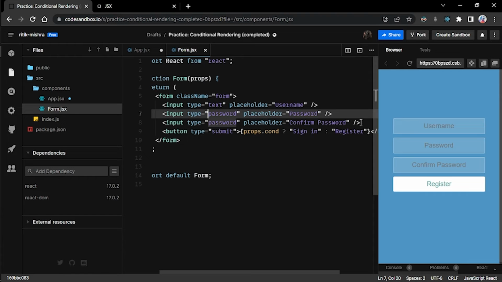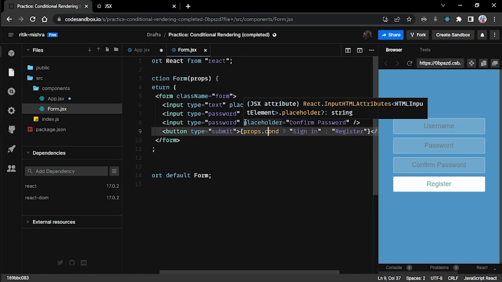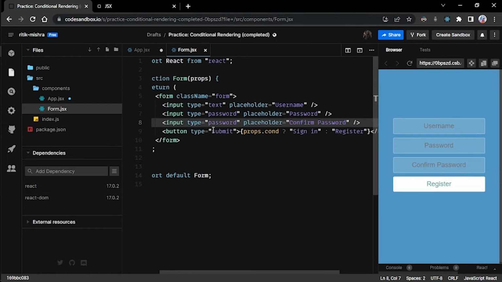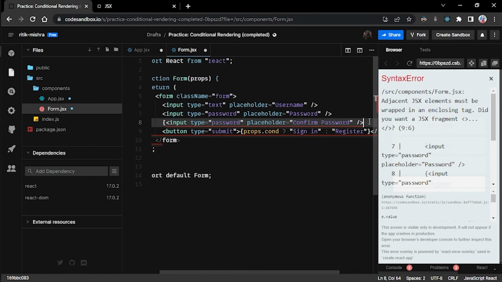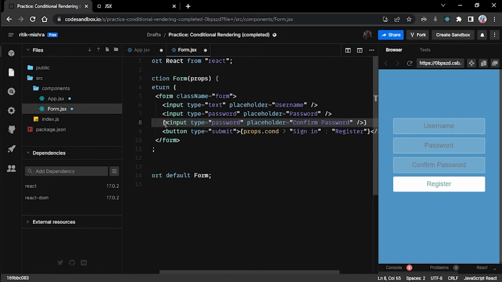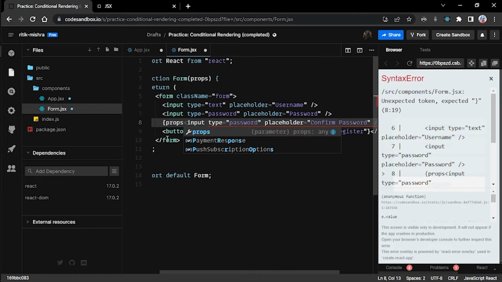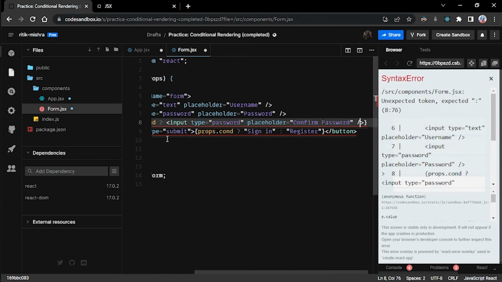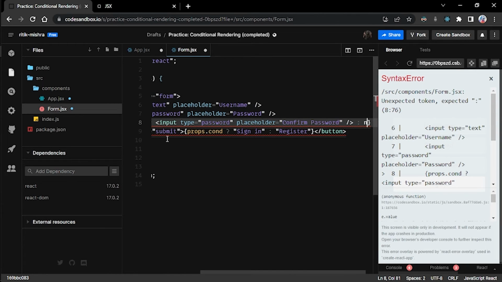This particular one is the input that says confirm password, or whatever input text that we have. So we basically want to first put this inside these curly braces because we are going to write a condition here, and we'll simply check that if, let's say, the condition is true,